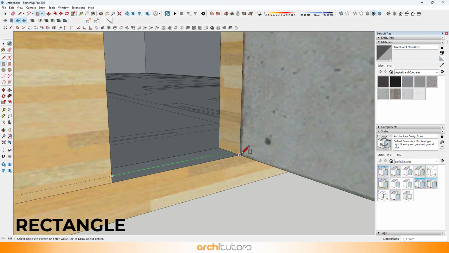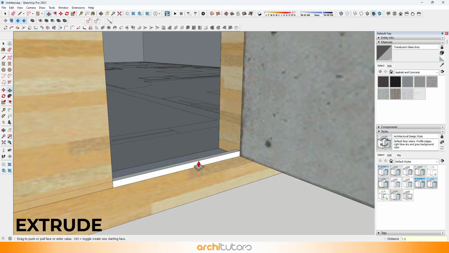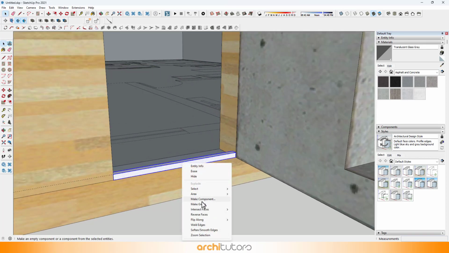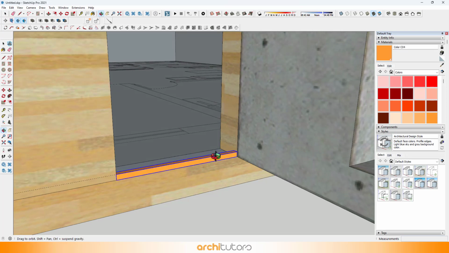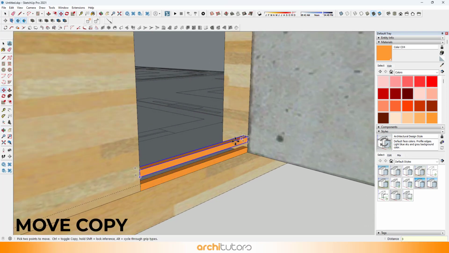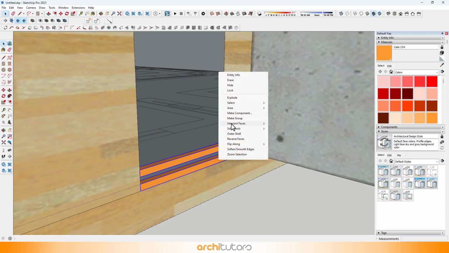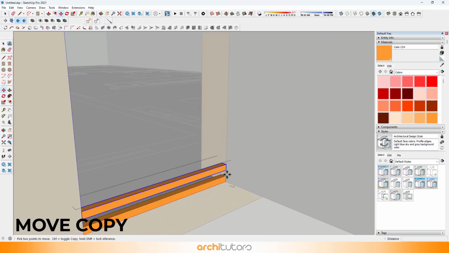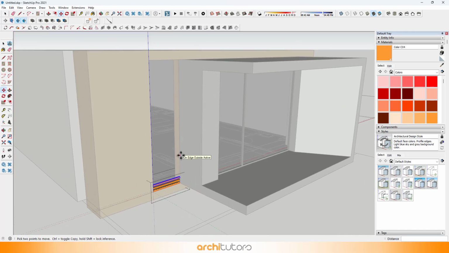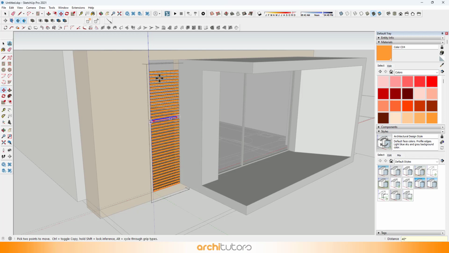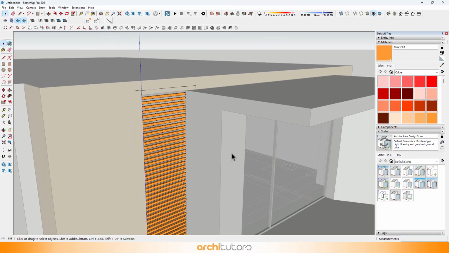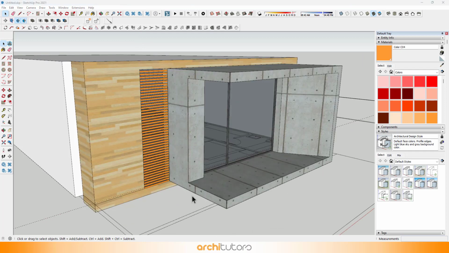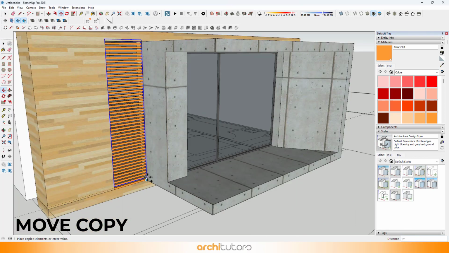We can create a box from a rectangle, that will be our louver or a channel, and make multiple copies of it. We can copy it to the other side as well.